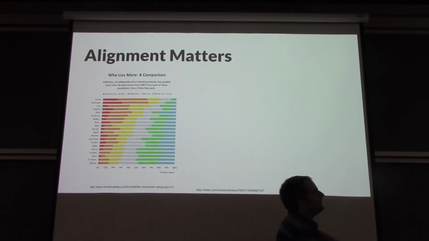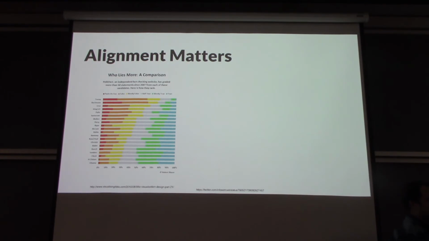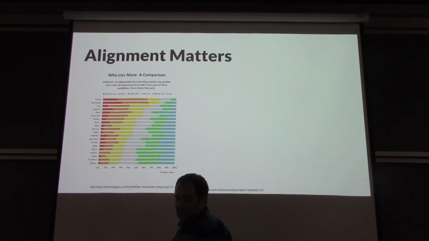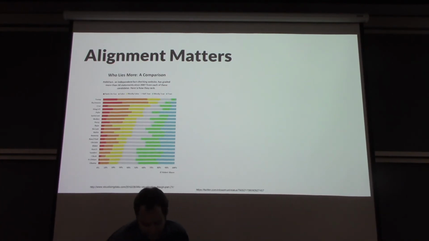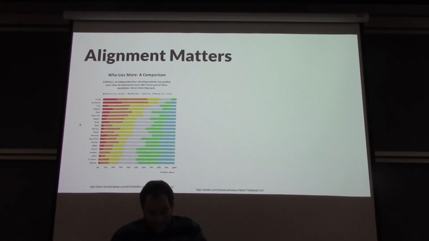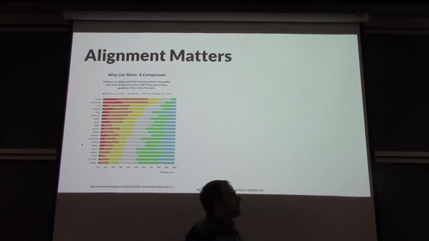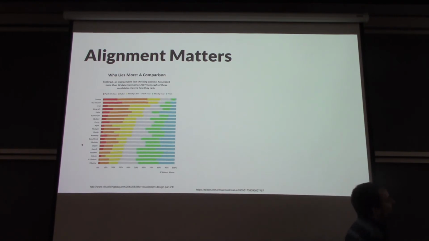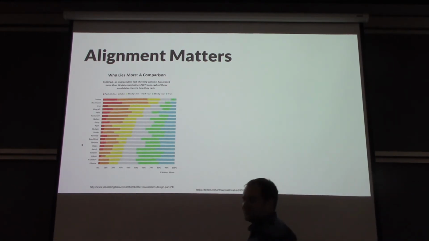Alignment also matters. So when you consciously create a visualization, like this here is a fine visualization. This is about lying, with what is the website? PolitiFact. So this is a fact-checking website, and that shows for all of these people, from Trump, Bachmann, Cruz, Gingrich, Palin, down to Obama, Clinton, Bush, and Bernie Sanders, and so on. It shows how many of the statements that they checked were pants on fire, false, mostly false, half true, mostly true and true. And so this is an accurately designed chart, and it uses all of the design principles that we talked about,